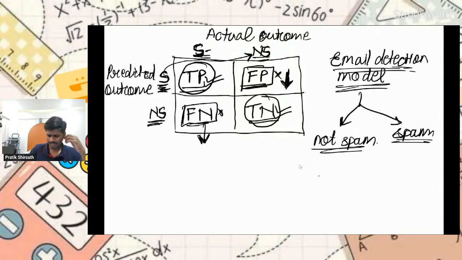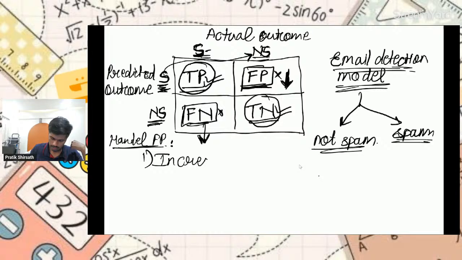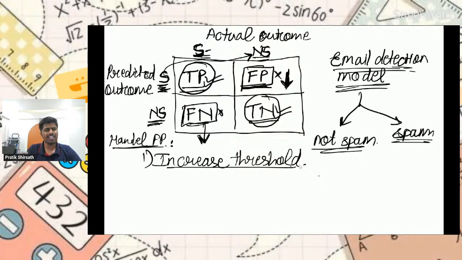Understood? Now there are some measures also to control FP and FN. To tell you about FP, that is false positive, first measure to handle FP is that you can increase the threshold. Why not? You can increase the threshold. Increasing the threshold is nothing but, for an email,